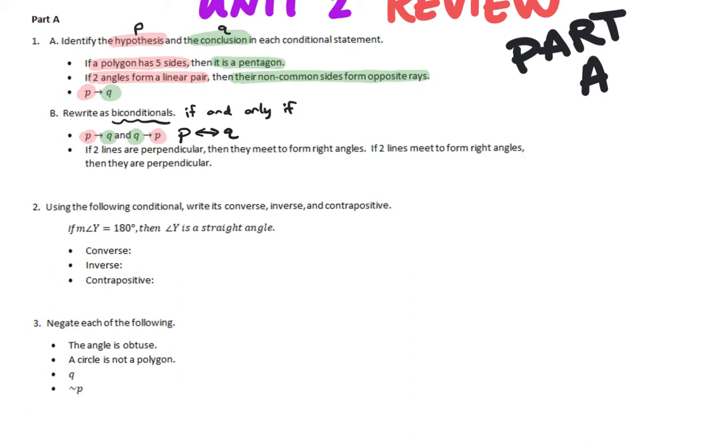All right, for the next one we actually have words. If two lines are perpendicular, then they meet to form right angles. And its converse: if two lines meet to form right angles, then they are perpendicular. They're both true, so since both the conditional and the converse are true, we can write a good biconditional. Our biconditional is going to start with the hypothesis, so writing it, it will just say, two lines are perpendicular,